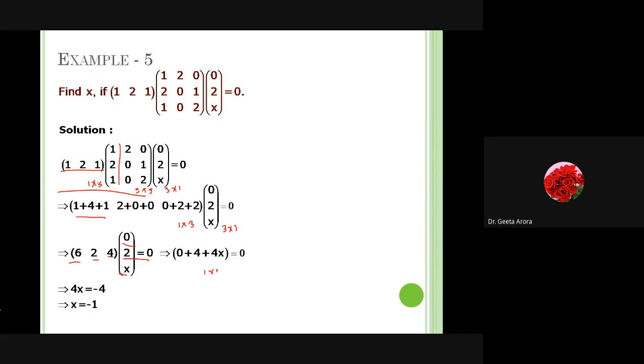Be sure to practice it, because based upon these, either the definition could be asked or the question could be asked in this form. Because we can't ask you directly to find a cross b, b cross c, because we know that students know about these values, but how to evaluate them? So in order to ask you, we can give you some expressions to be evaluated, either the value of x or to verify some of the things. Correct?